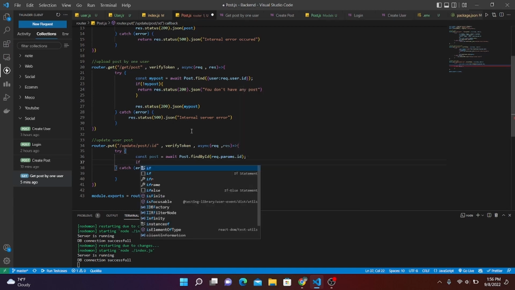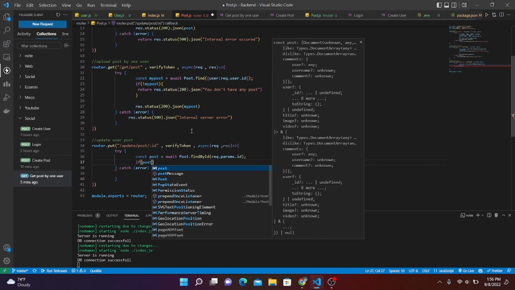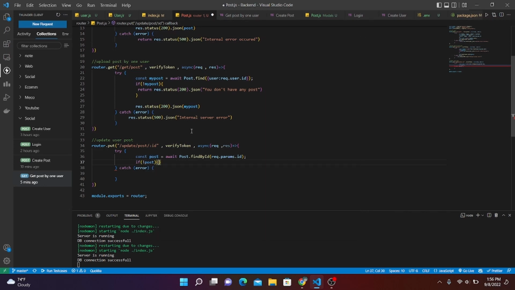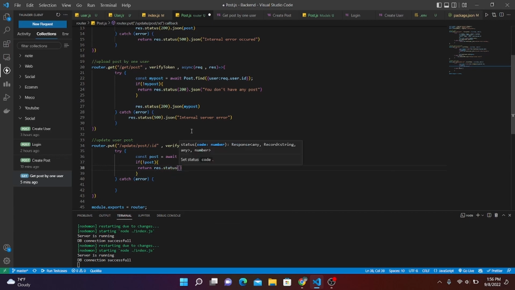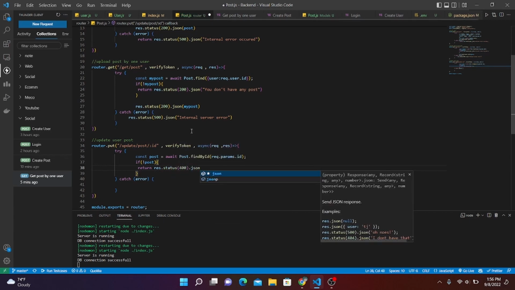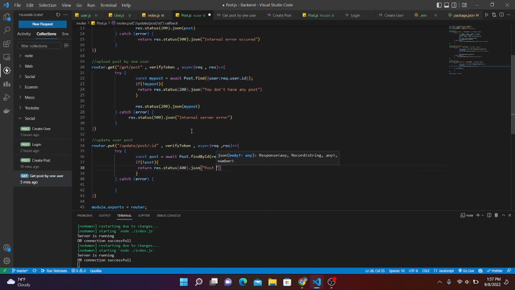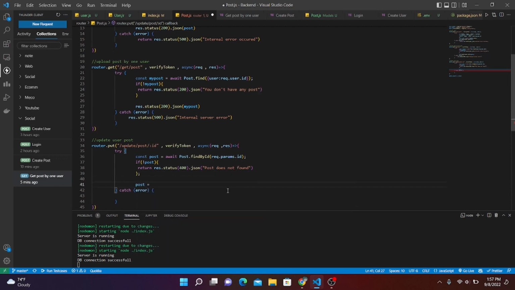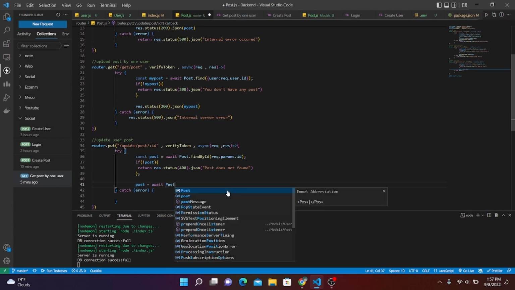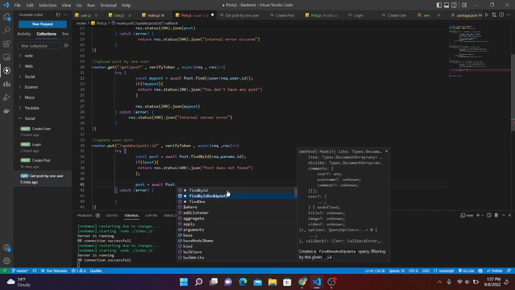And now let's write if not post, if we don't have this post id, then what we need to do is return res.status(400).json("Post not found"). Okay, but if we have the post, then what we need to do is write post = await Post.findByIdAndUpdate